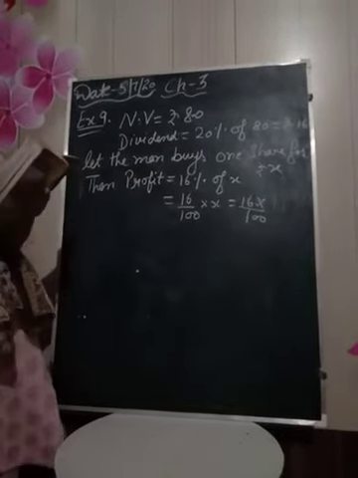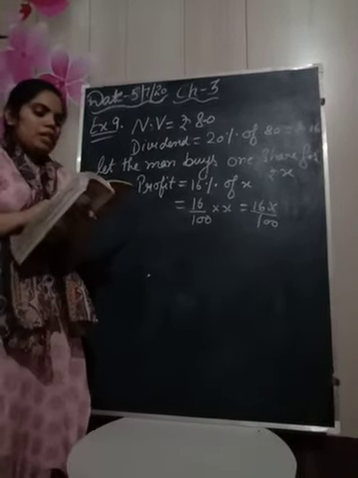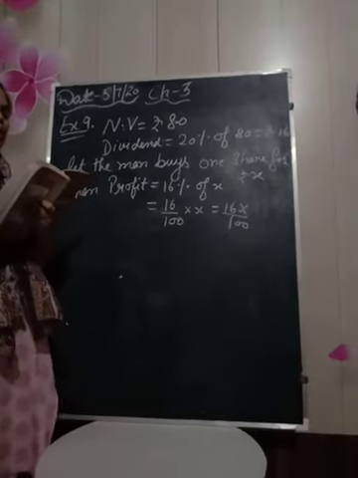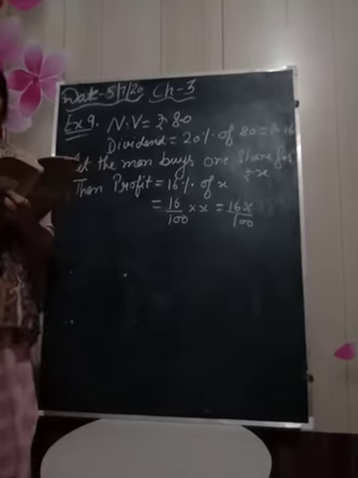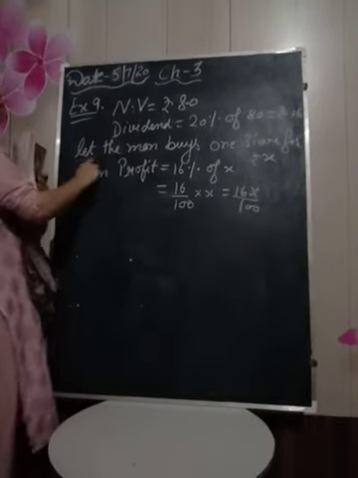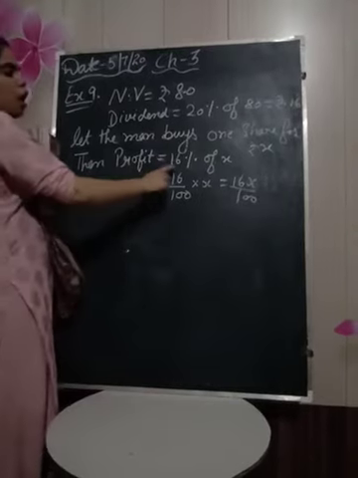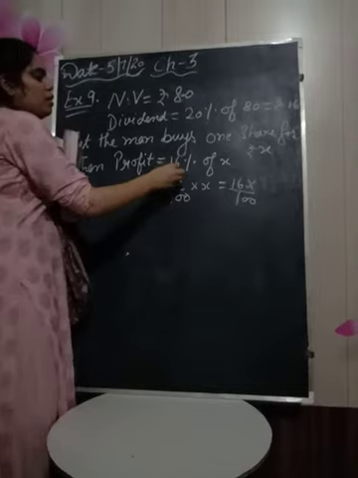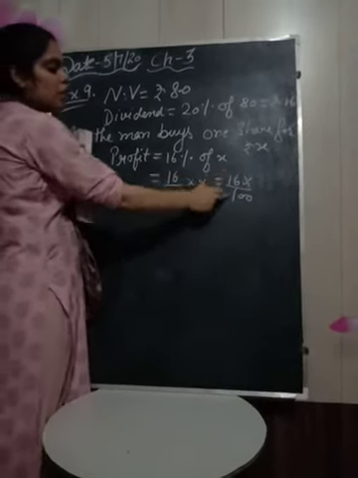Next, what we want to find? He buys the share at such a price that his profit is 16% on his investment. But we don't know how much investment is there. At what price did he buy the share? Means we have to let that number. So let the man buy one share for rupees X. Now profit, how much have they given? 16% on the investment. That means 16% of X is equal to 16 by 100 into X